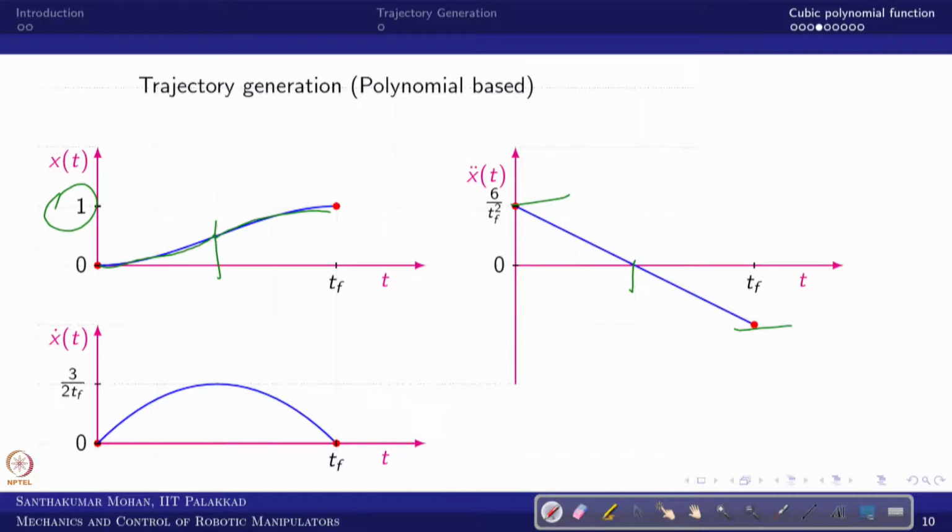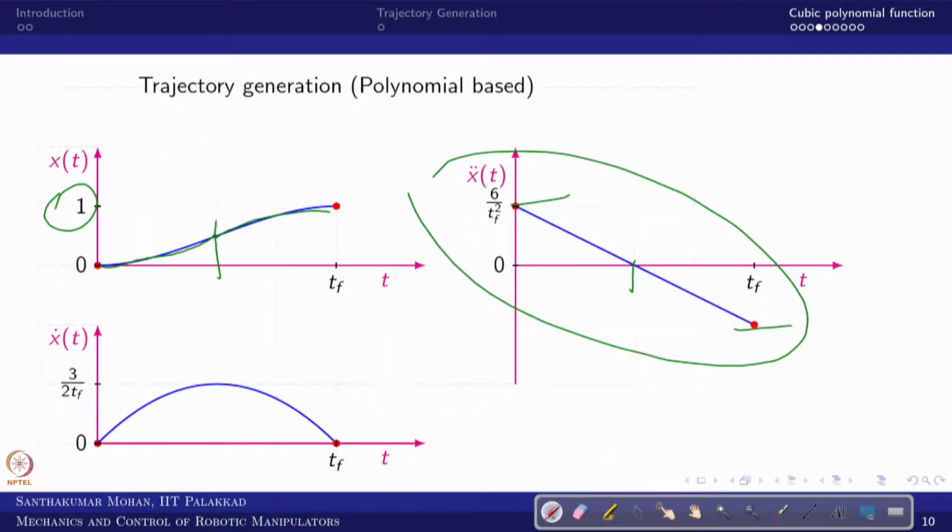Now this is a proper cubic polynomial. This gives a smooth profile and it is twice differentiable. In that sense this is one of the easiest ways to apply. Most industrial manipulators use cubic polynomials, that's why we straight away started talking about this.